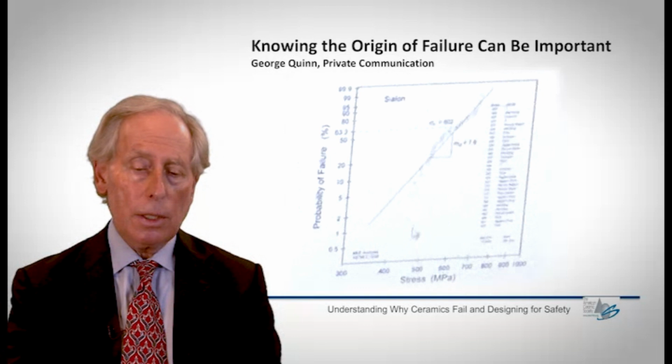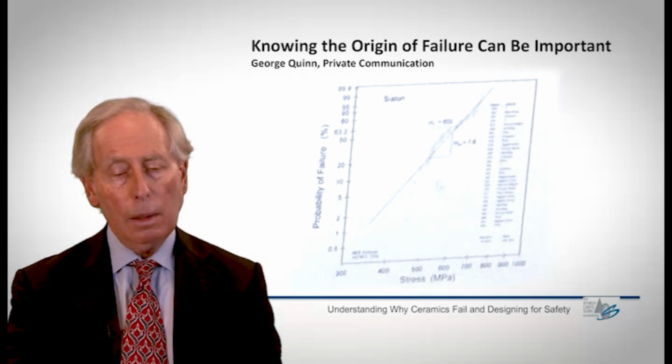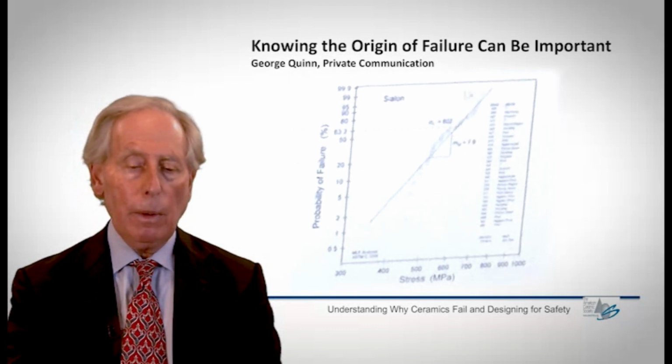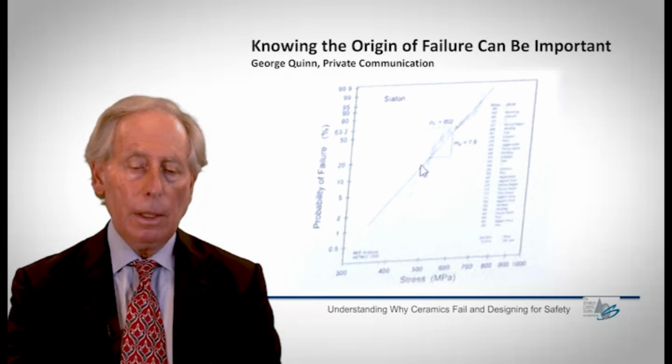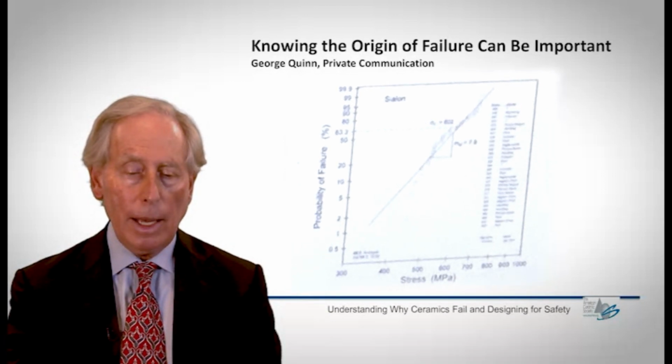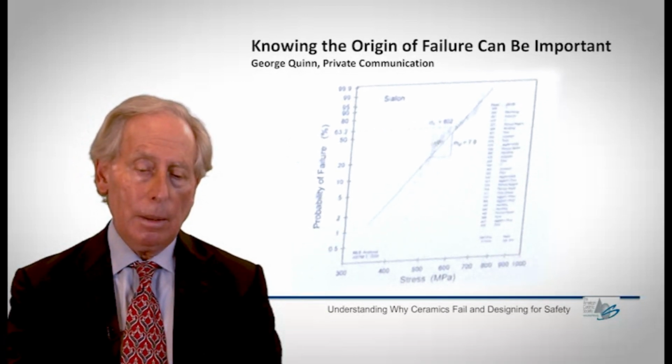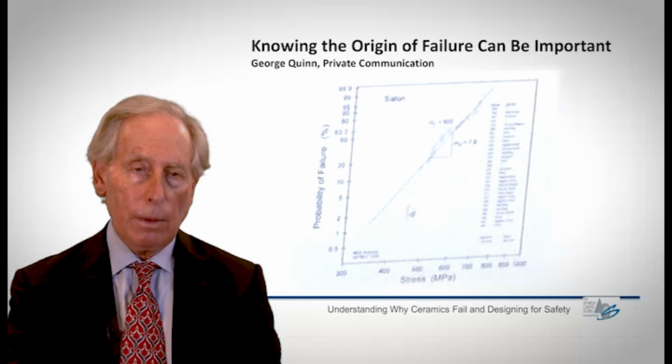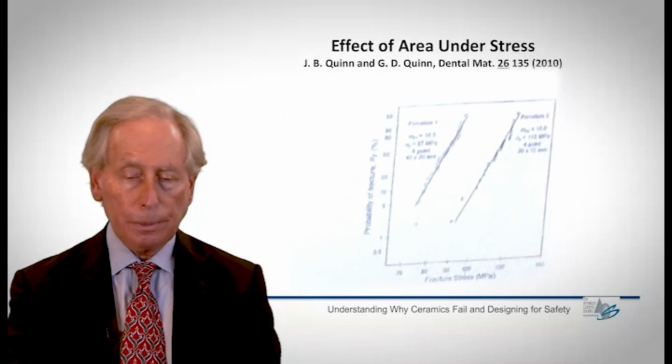So the sources of flaws or the sources of failure down in here will not be in this regime. We care a lot more, as you might imagine, about the low strength regime than we will about the high strength regime for almost any application you can think of, because we're worried about failure in a component. We care what the lowest strength is, not necessarily what the highest strength is. So I encourage you, and I'll say it again later on, to look at the source of failure wherever possible to understand what might happen. So this represents something like a bimodal failure source, that these failure sources don't look like these for whatever reason, and that's going to be important.